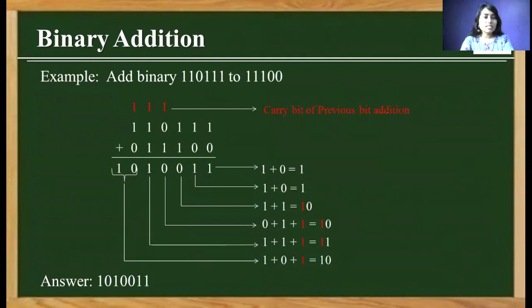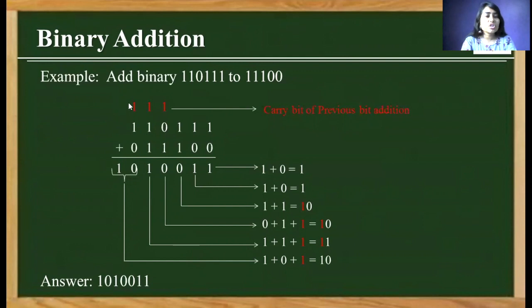Let's take another example. Here is the binary addition of 6-bit numbers. Using the same method, we can add these numbers. So 1 plus 0, we have an answer 1. Then 1 plus 0, we have an answer 1. Then 1 plus 1 is 1, 0. Sum bit 0 put here and carry bit put here. So we have the next addition 1 plus 0 plus 1. So we have an answer 1, 0. So put 0 over here and 1 over here. Then next 1 plus 1 plus 1. We have an answer 1, 1. So sum bit over here and carry bit over here.